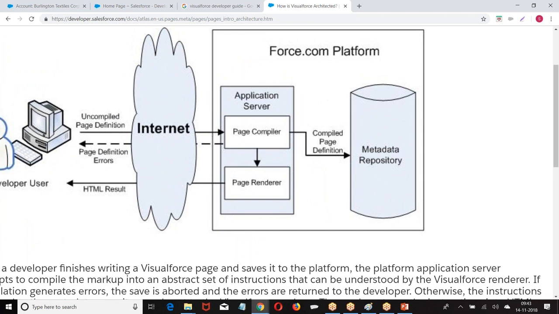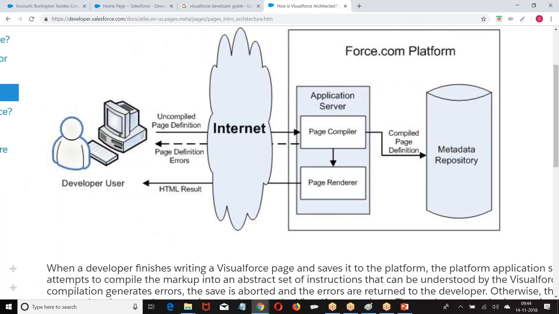In the beginning of the environment classes, I told everything that you write, it may be a program, it may be a setting, it may be a page, it may be an object, it may be a field. Everything is called metadata. Except the data we enter in the table, everything is called metadata. When you create a page, the code you wrote is metadata. When you write an Apex class, the class you wrote is metadata.